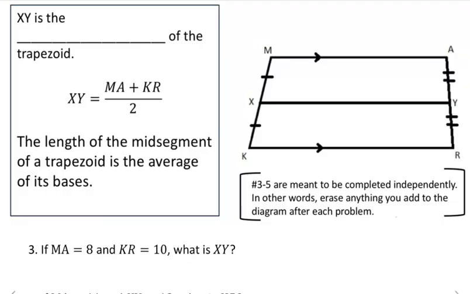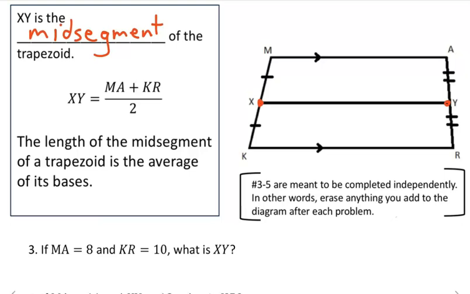All right, segment XY is in the middle of this trapezoid. Now this trapezoid is any old trapezoid, not necessarily an isosceles trapezoid, but it goes from midpoint to midpoint. And so this segment in the middle is what we're going to call the mid-segment of the trapezoid. If you think about putting the words middle and segment together and making a new word, you'd probably call it